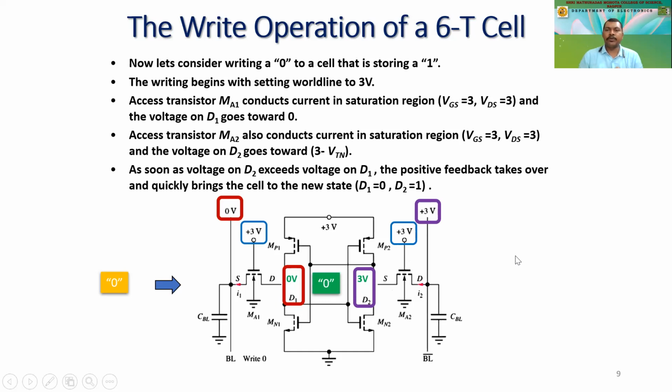So this is the write operation of a 6T cell, where we can load 0 and 1 into one particular bit, one particular cell, that is the static RAM. We are going to study it in depth. This is the smallest portion of a memory where we expect to store a single bit of information, right? So we can load high or low. Digital electronics also only understands zeros and ones.